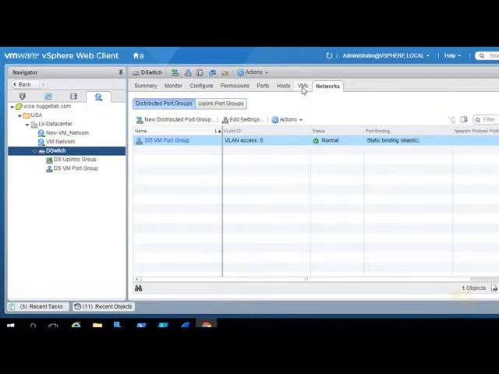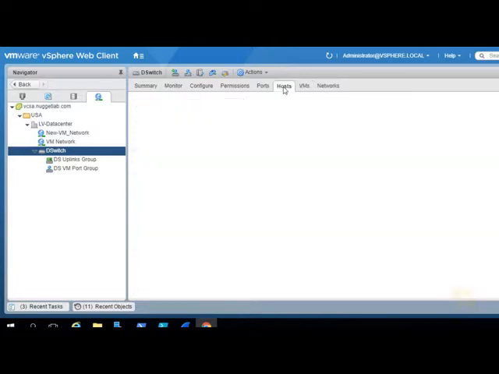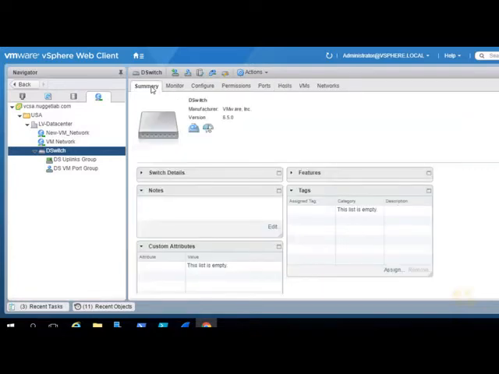Next, if we click on the VMs tab right here, we can see that currently no virtual machines in vSphere are using the distributed port group. And if we click on the Hosts tab, we can see that no ESXi hosts are yet participating or using that distributed switch. And if we go to the Summary tab for the distributed switch, and then we expand the